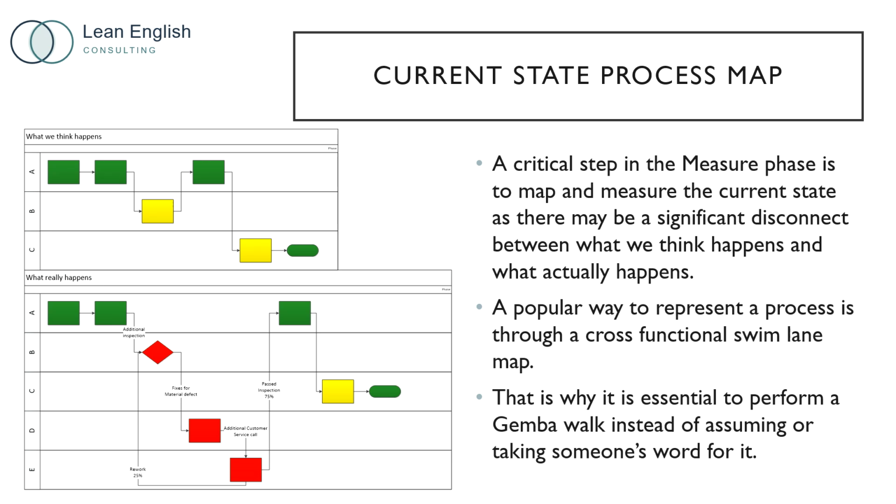Other maps, like this swim lane map, capture the handoffs as the product moves through a process. You can add colors to represent if the process step is value added, green, non-value added, red, or business value, yellow. Business value represents activities that are not valued by the customer but must be performed due to regulations or